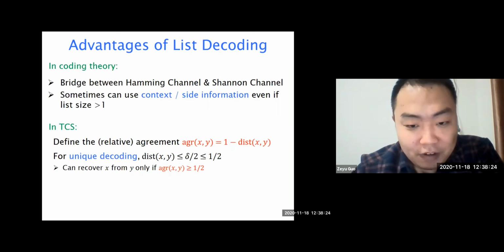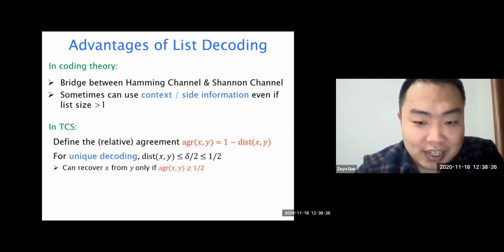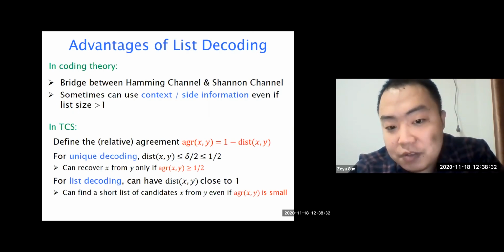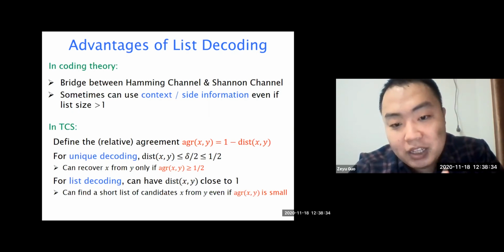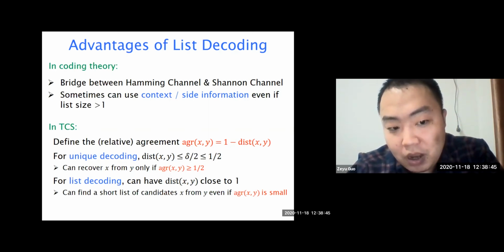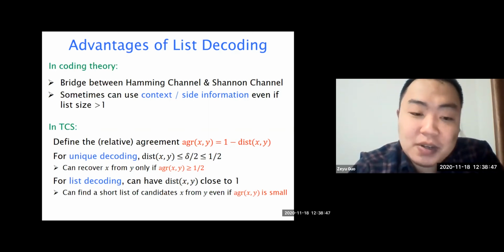So the agreement can never be subconstant. It has to be at least 1/2. But for list decoding, because we give up uniqueness, we can have the distance go beyond 1/2 and even very close to 1. This means we can address even the case that the agreement is very small. So even if the agreement is small, we can still recover not the unique x, but a short list of